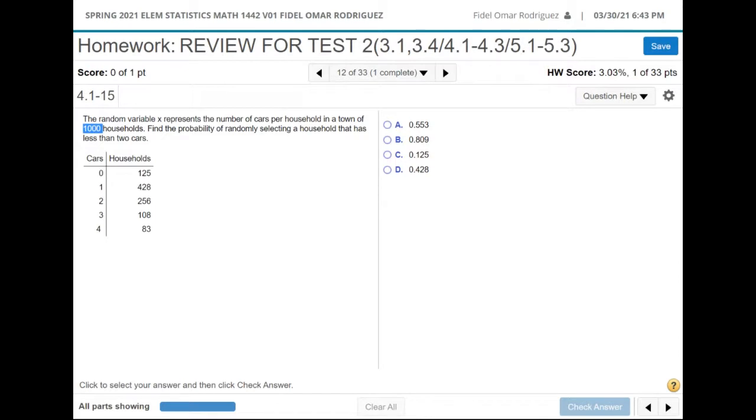428 divided by 1,000 should just be 0.428. Okay, so this is going to be easy breezy. 0.256, 0.108, and 0.083. Okay, so let me show you what I'm going to do here. Let me get out of this piece and come back here. Okay, so what I'm trying to do here, guys, is